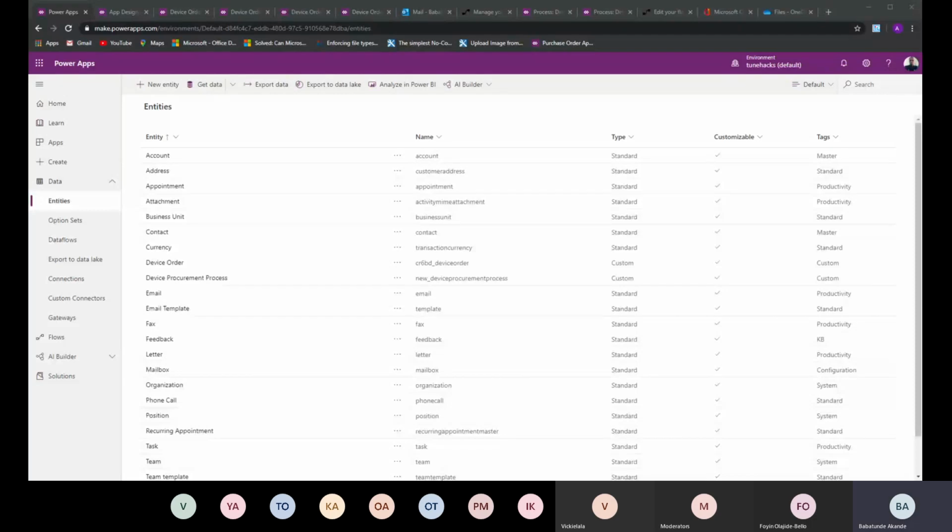You have certain things that need to be done, like a manager needs to approve when you submit. Maybe it needs to go to the HR. Most of these processes are unique to different organizations. So depending on the organization you are creating the app for, you might need to customize how the flow is going to be. Business process flow is one of the things that we are also going to be using in this model-driven